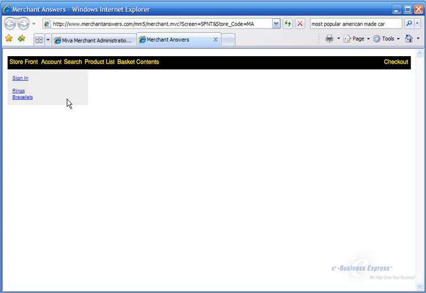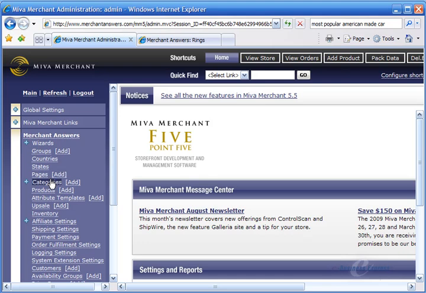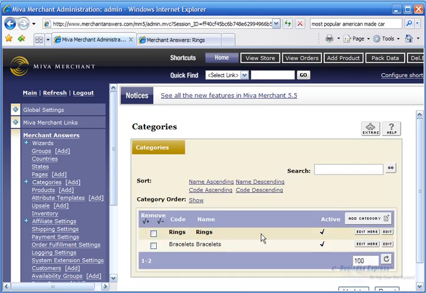In my store, I have two categories now, rings and bracelets. And if I click on rings, I haven't had any products or anything, but you see it just has that. And I want to add a subcategory called wedding rings. So I go back to admin, and I click on categories, and I can either add a category here, click